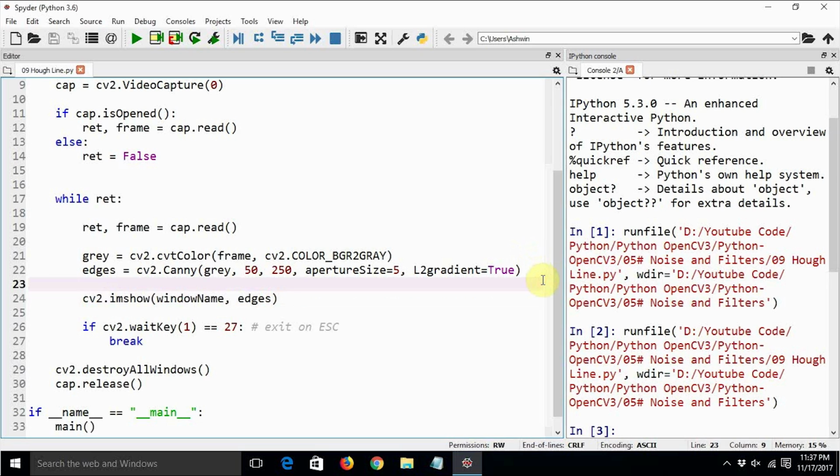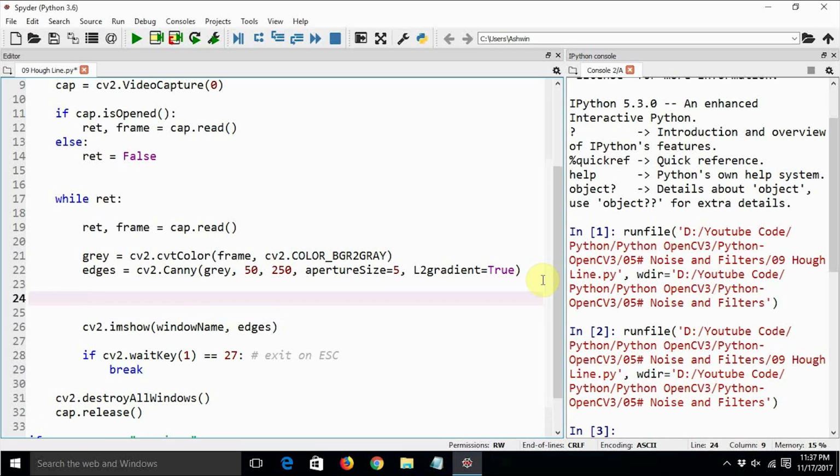Finally, we can just compute the lines in the image. lines equal to cv2, sorry, it should be cv2.HoughLines. Now let's have a look at all the parameters one by one.